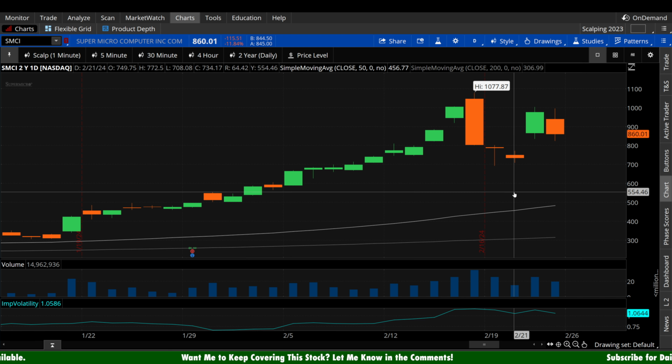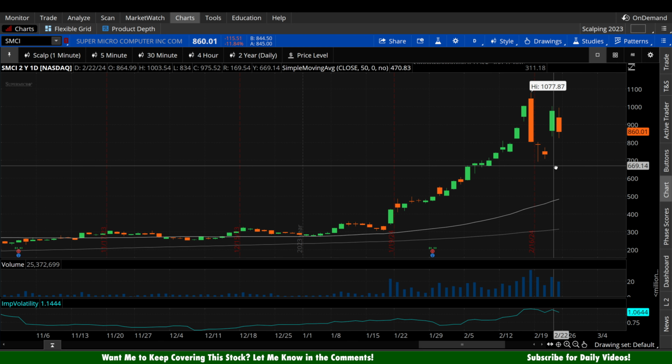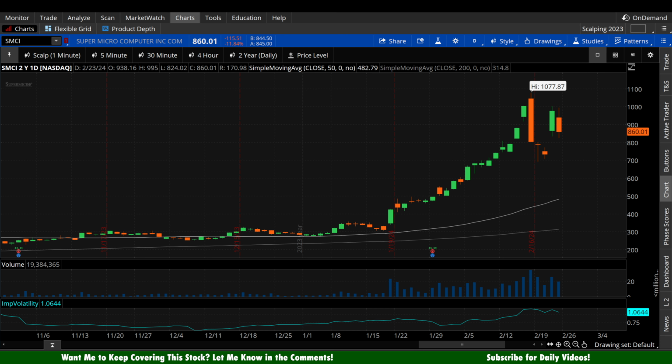So looking here, actually, let me zoom out even a little bit more. Looking here, I mean, you tell me, right? What's the story? To me, it's relatively obvious. The name is so volatile that we have to include a couple or maybe 3 round numbers. The story here to me, the very obvious one, which is the one I want to pay attention to, is